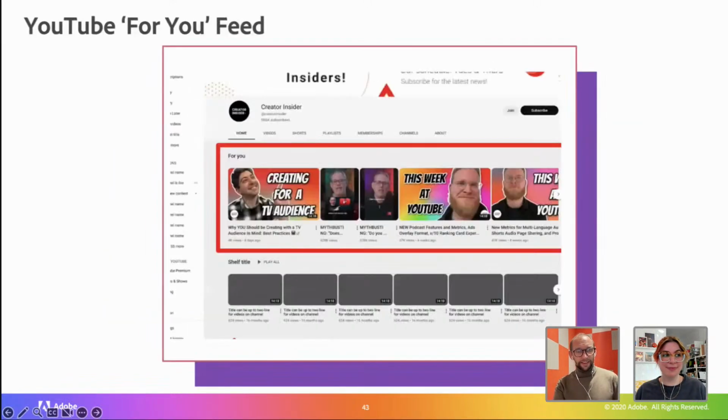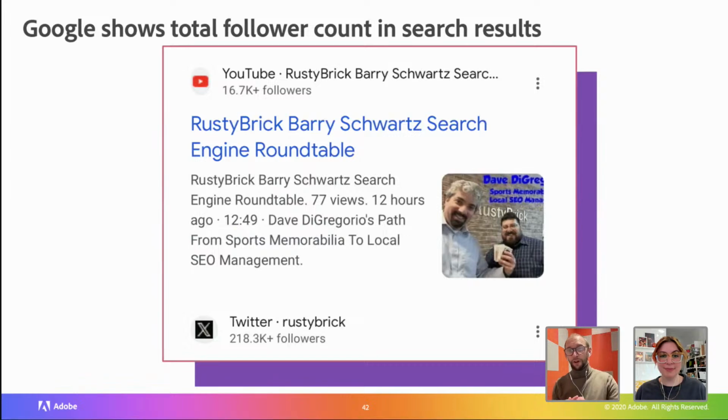And I think this is two more. So Google is showing follow account in search results. The world of search and social I often talk about because I find them very interesting. They're overlapping increasingly. It used to be the case that if you wanted to find something, you Googled it. But the power is shifting a bit more to social. More people are now searching on social first and searching Google. Google are aware of this, so they're featuring more social results in their search results, and also including follow accounts now too. So again, it goes to show the importance of building our social presence will also impact our search results too.